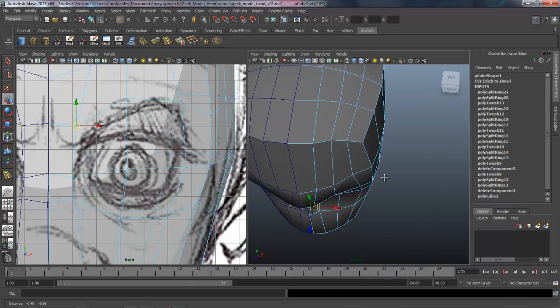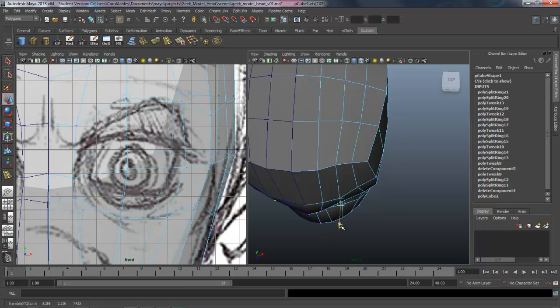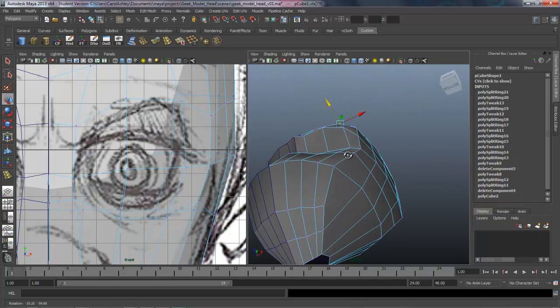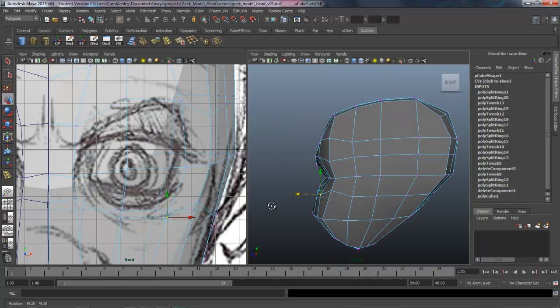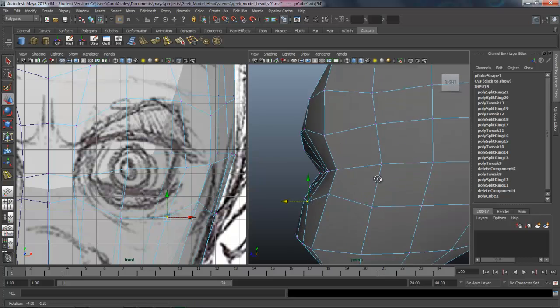And I'm just sort of looking at the top here, making sure that the brow isn't getting lost. So I'm going to pull that out. It's very easy to get this kind of flat across here, kind of losing the volume. Okay, same thing here with the cheek. Kind of need to pull that cheek out again. Okay, so this is sort of what we're wanting to see, where we have the cheek out here and the brow out here, and then the eye socket starting to come in at this angle.